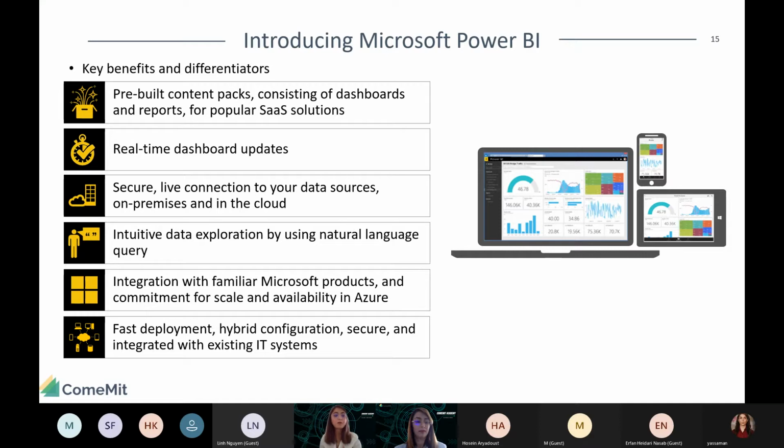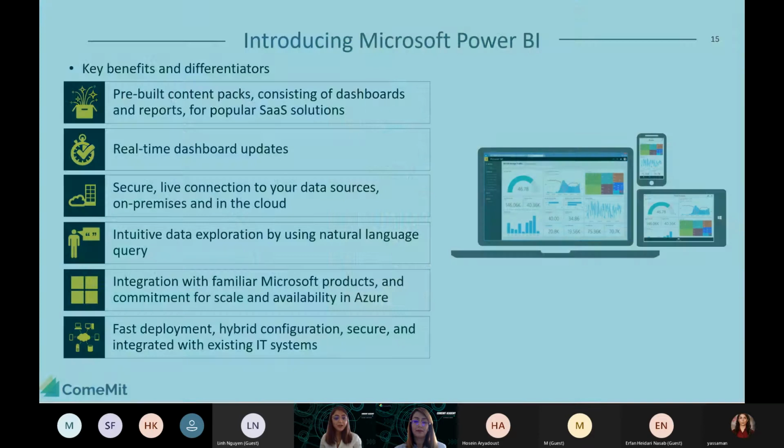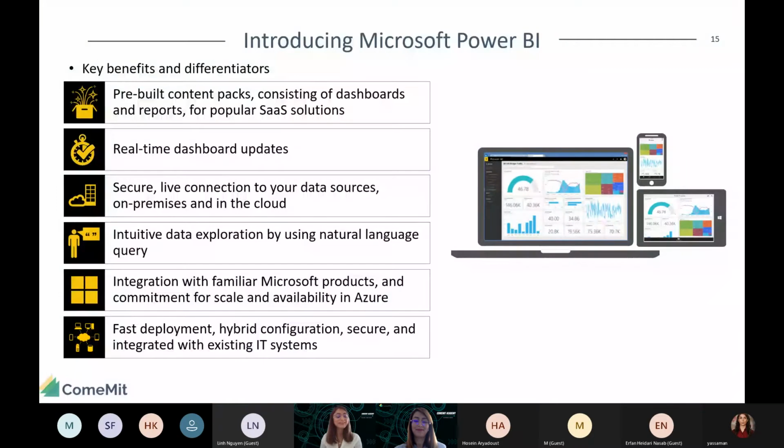This is so cool. I remember the first time I built one of these live dashboards for a project I was working on, and we were monitoring the sensor data coming from a factory, temperature and light. And the first time I had it, I was like, oh my God, this is so cool. I felt like a baby having a Lego or something like that. It is really, really pleasing when it comes to seeing results in Power BI, because it's really cool.